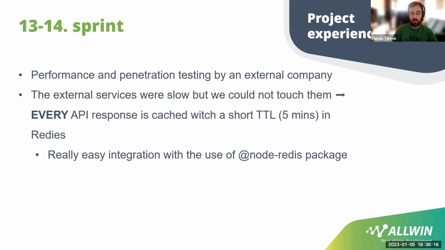In the front end, in the Next.js application, we actually put in a Redis cache, and in the Redis cache we stored all the API responses from the external APIs, which were slow, for a very short time frame, like 5 minutes. And then basically once we have the cached responses in the Redis cache, it doesn't need the APIs anymore. So we use this 5-minute caching or TTL, time to live, because